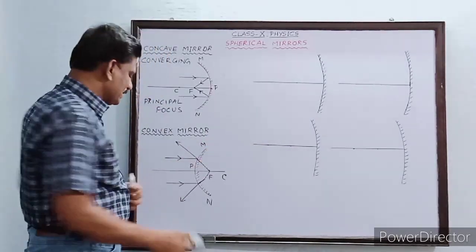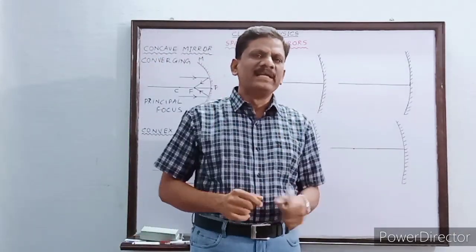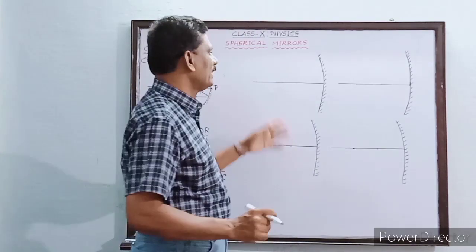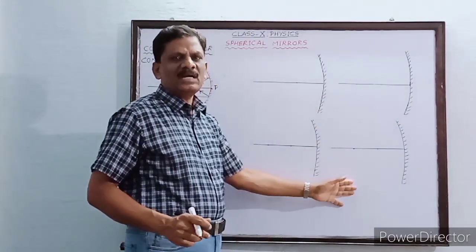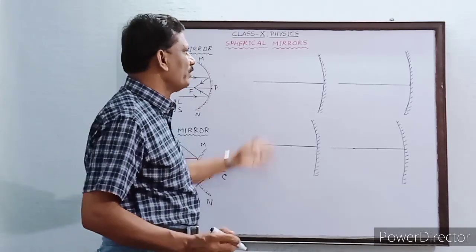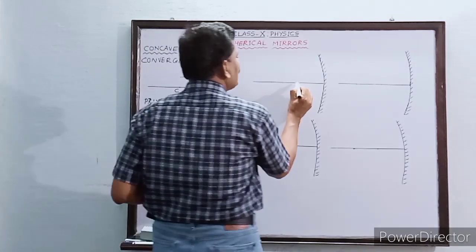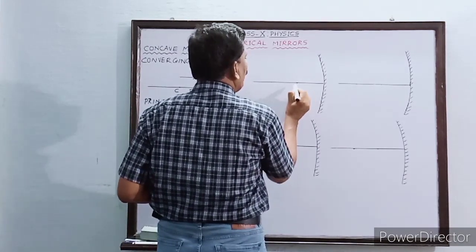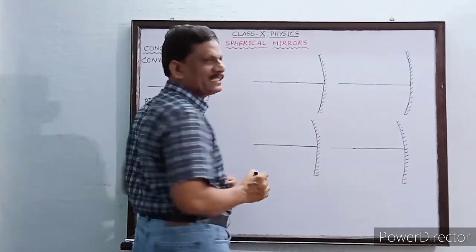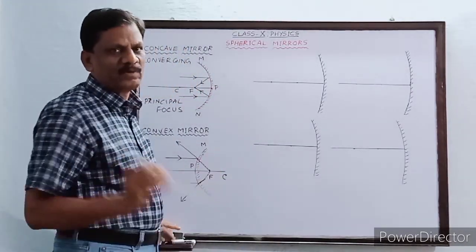Now what we are going to study is, for every incident ray, how will be the reflected ray? Understand? For that I have considered 4 different positions of the incident rays using a concave mirror. So we are going to discuss now the concave mirror. And this is the point which is called the principal focus, and this is the center of curvature. Now how you have to draw this diagram in the examination, I am going to teach you now.